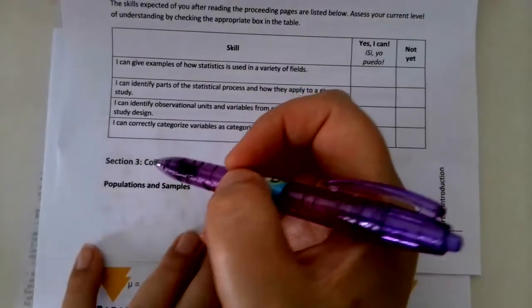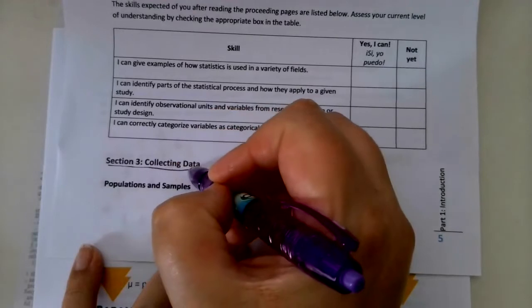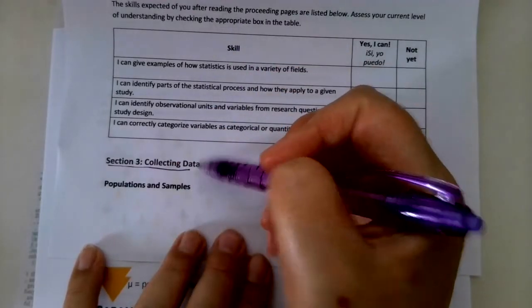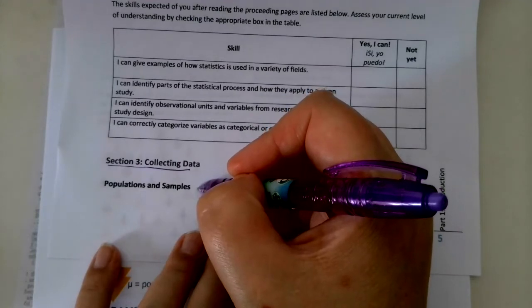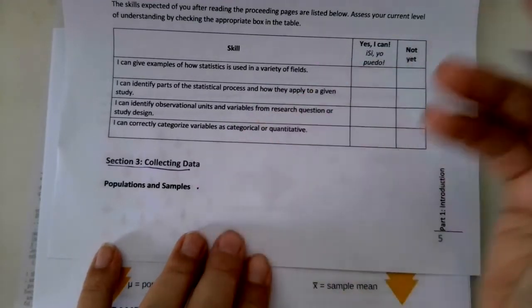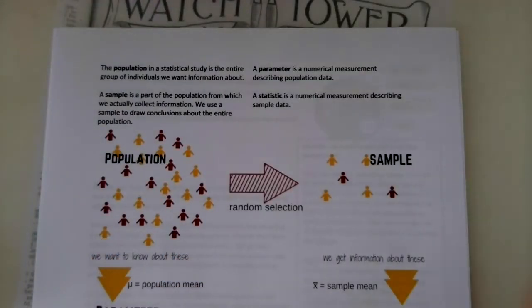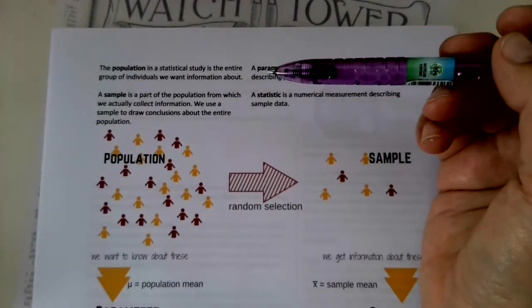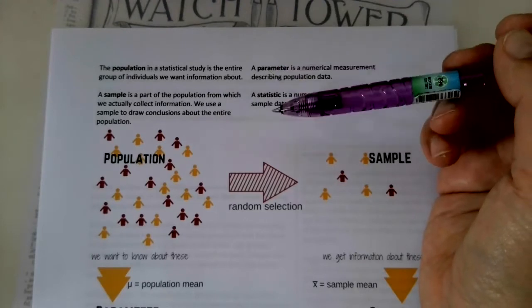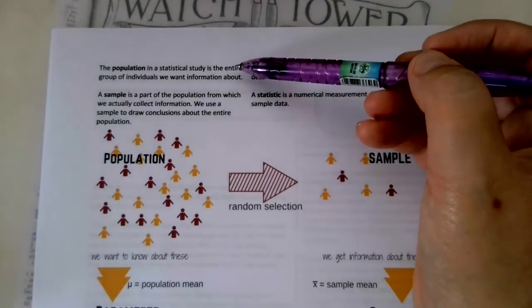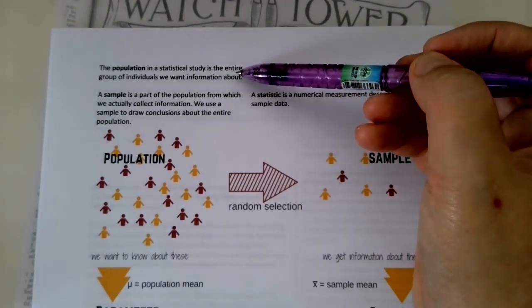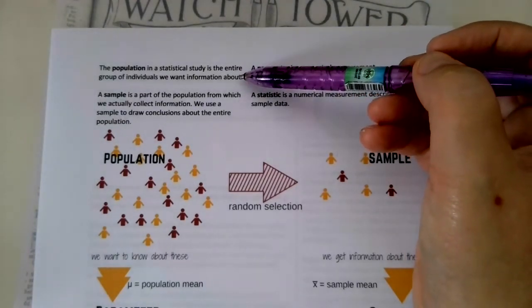So in this video for section 3, we're going to be talking about collecting data. And the first and most important topic here is population versus sample. So let's explore these two definitions, okay? So the population in a statistical study is the entire group of individuals we want the